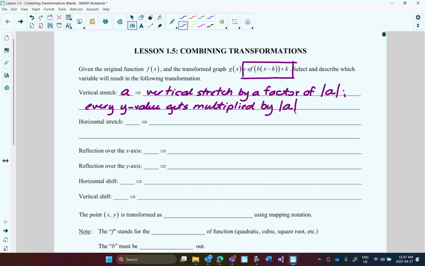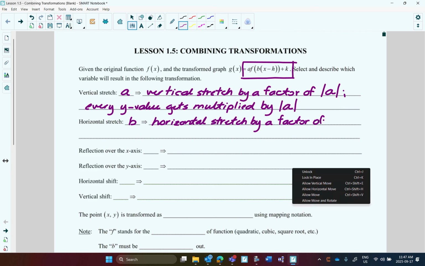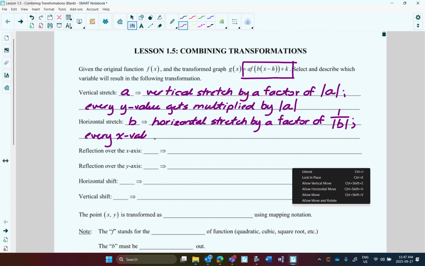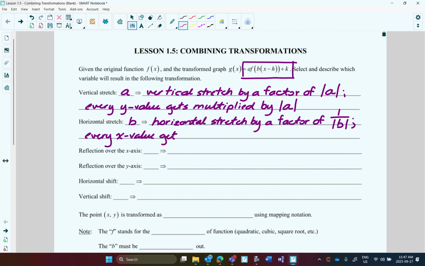Horizontal stretch is represented by the letter B. And this is a horizontal stretch by a factor of 1 over the positive of B, if it happens to have a negative. And how does it affect the coordinates in the original function? Every x value gets multiplied